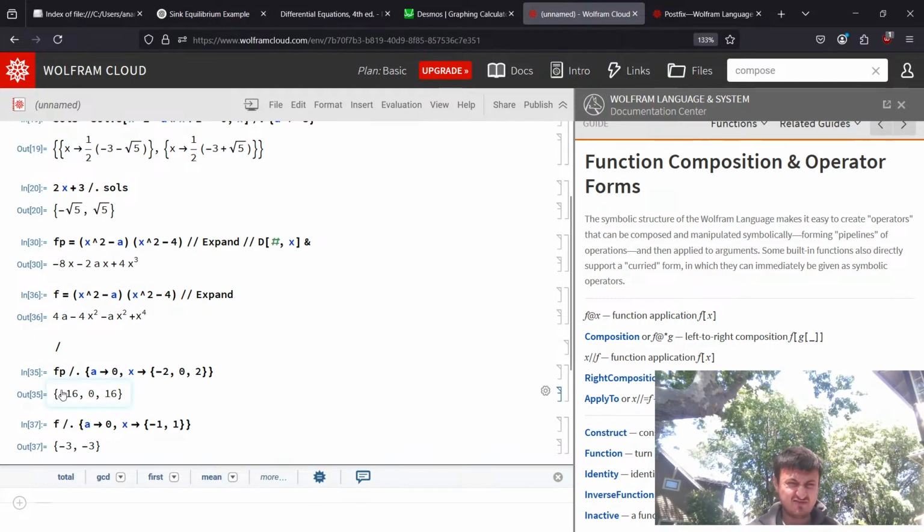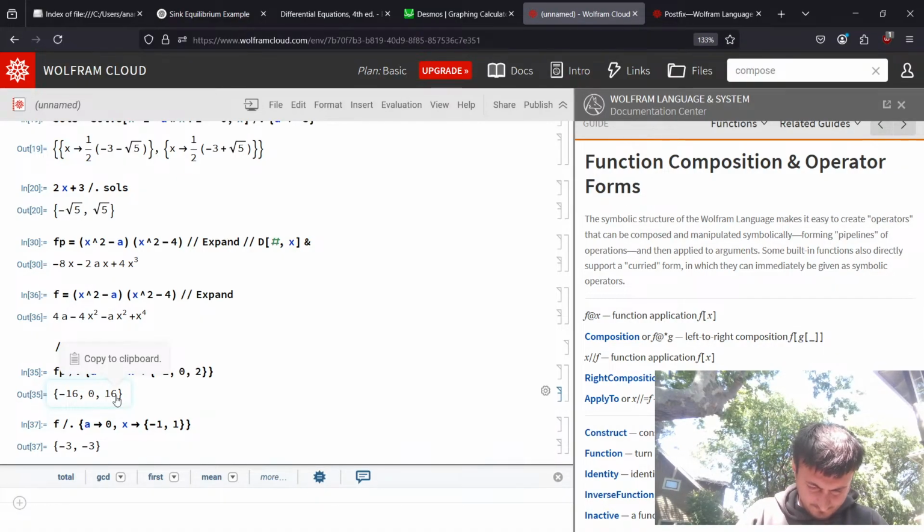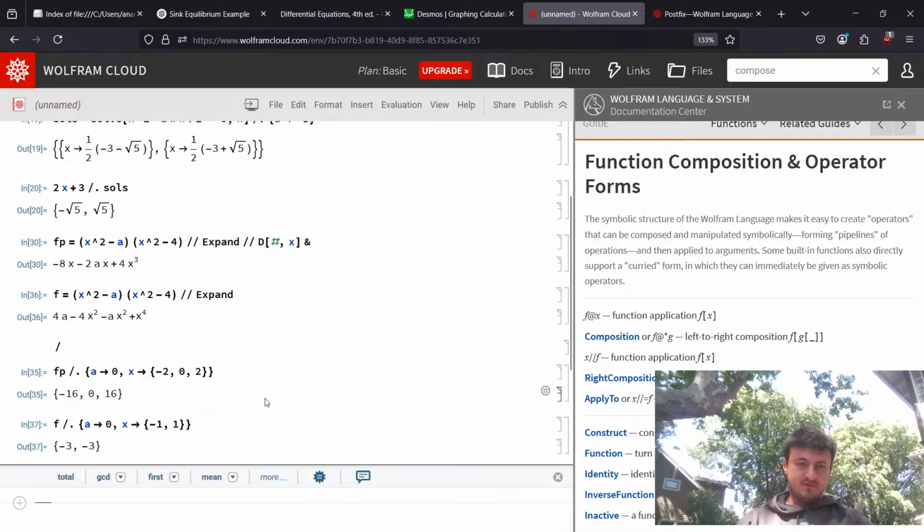And we still have that the lower one is a sink, and this one's a source. Now, A is equal to 2, let's say. Or let's do 1. Okay, so for A equal to 1,